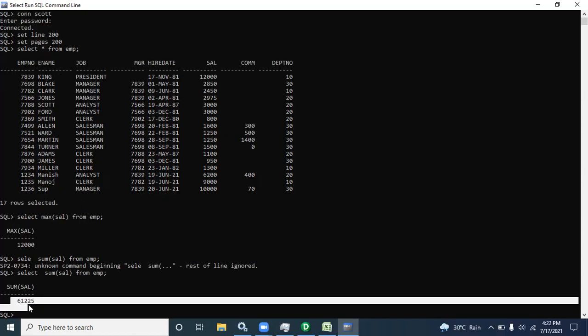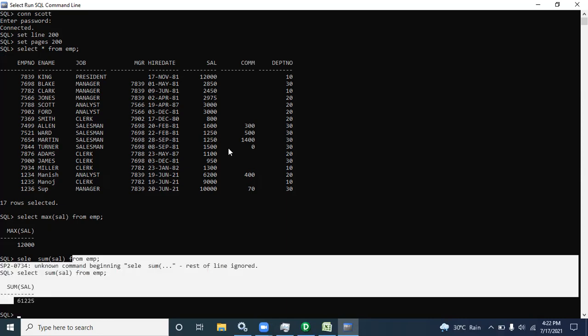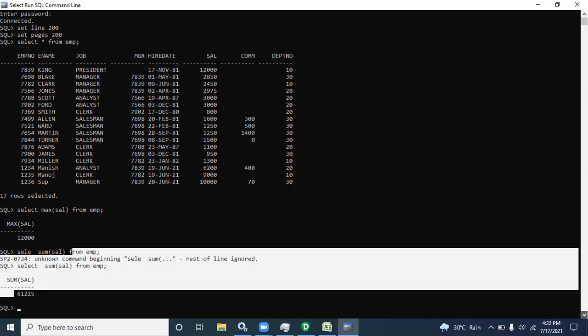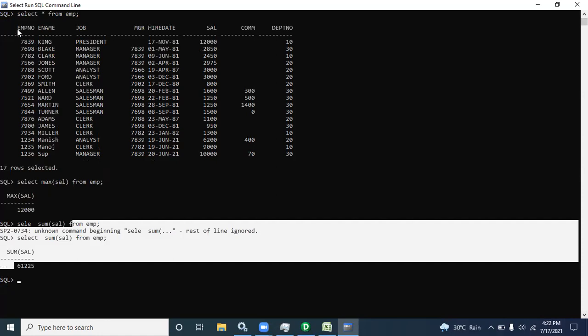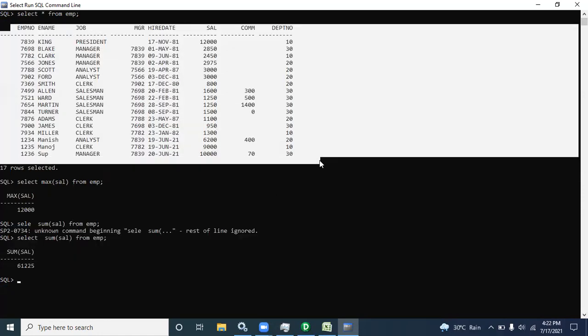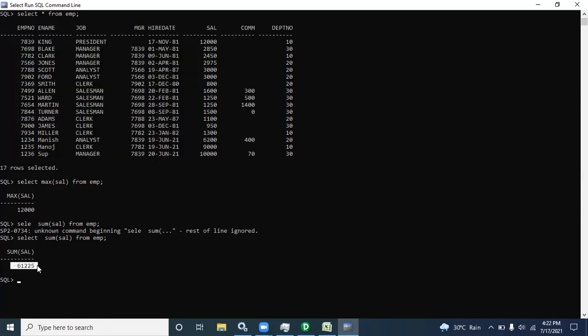See, a total of 61,225 is invested behind all employees. We have 17 employees, and the company is investing only 61,225 per month.